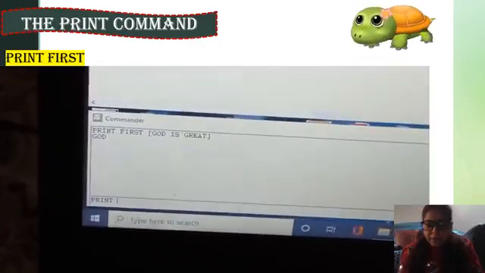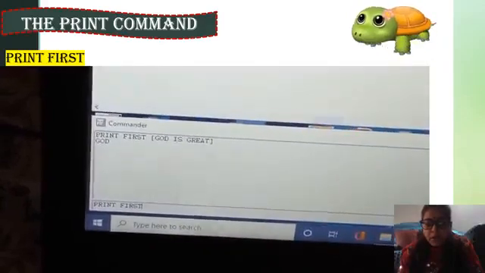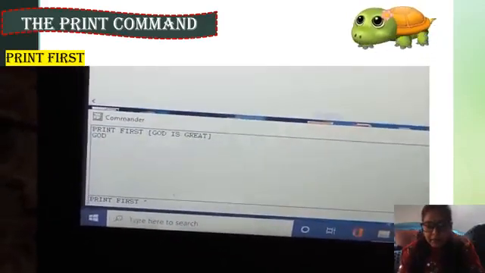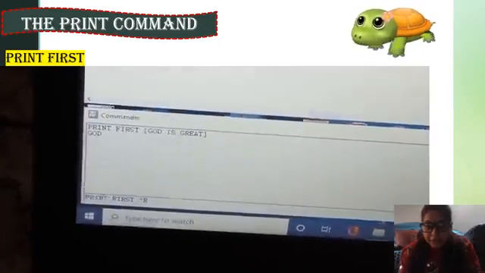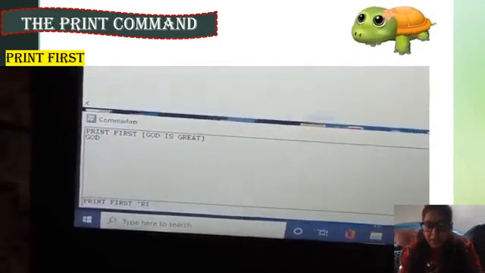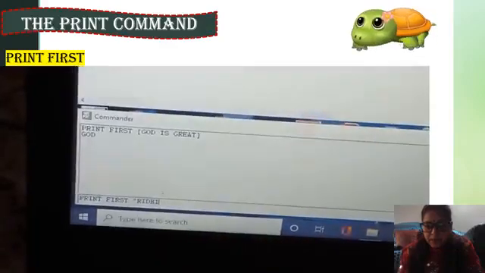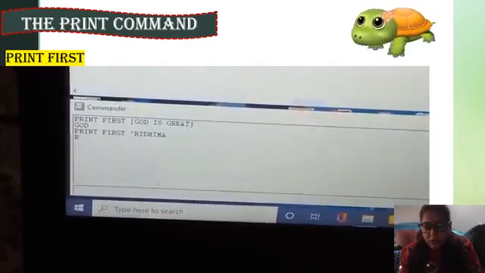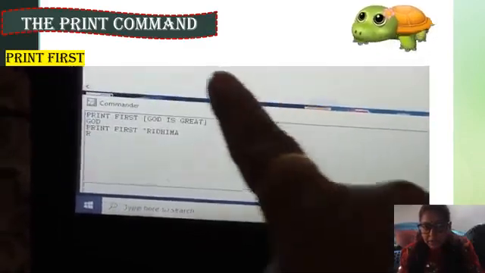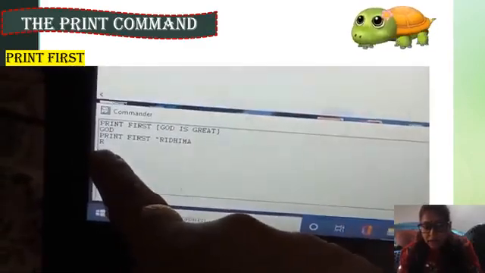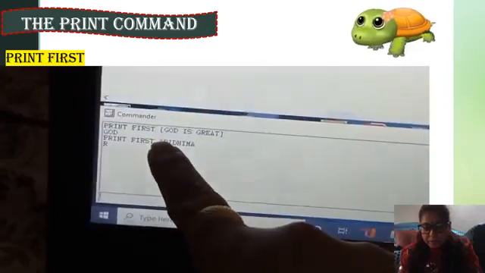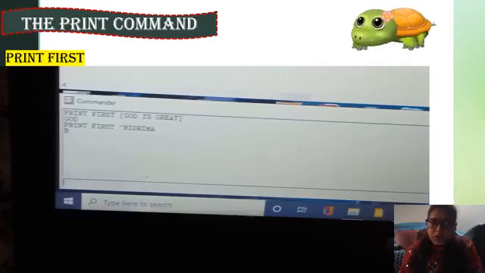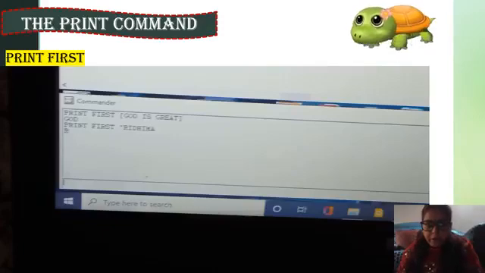The same way, if you want to print only a letter, print first, then give quotation marks. I write here name, Riddhima, and you don't need to close the quotation marks. See, press enter, then it shows here R, the first letter. Like this, you can use the print first command.